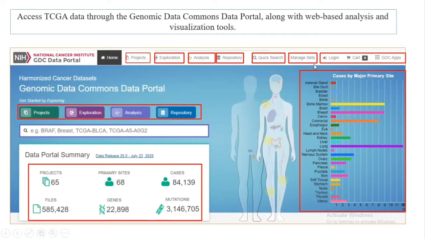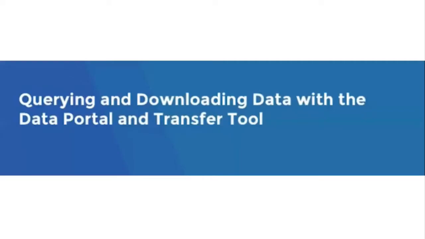And we are going to see what the login tab is, how we can use this chart tab, and what the GDC app actually is in this particular portal. So we are going to give a query, and after giving the query, we are also going to see how to download those query results with respect to different types of cancer, what the different file formats are, and how to use the GDC data transfer tool for downloading a large data set.